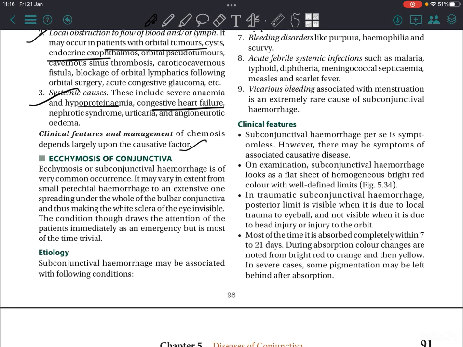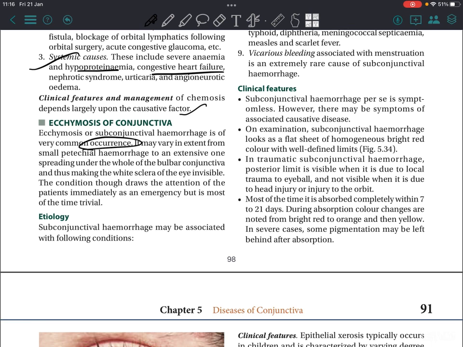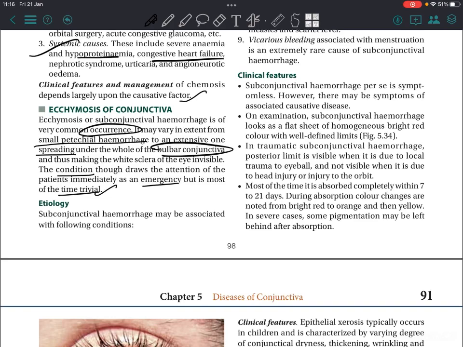Ecchymosis of conjunctiva. It's a very common occurrence. Subconjunctival hemorrhage may vary in extent from small petechial hemorrhage to an expansive one spreading under the bulbar conjunctiva and thus making the white sclera of the eye invisible. The condition, though it draws the attention of most patients immediately as an emergency, is most common and trivial. Subconjunctival hemorrhage may be associated with the following conditions: